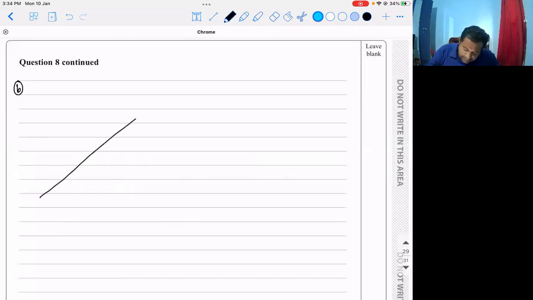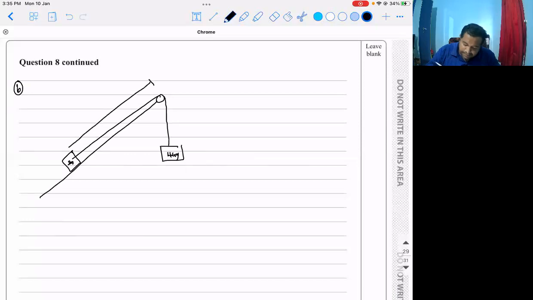So this is our inclined plane, and this is our pulley, and this is our mass, correct? This is 4 kilogram, and this is our 2 kilogram. The initial distance between them is our D. This is H. Once it hits the ground, what happens? If this 4 kilogram reaches here,